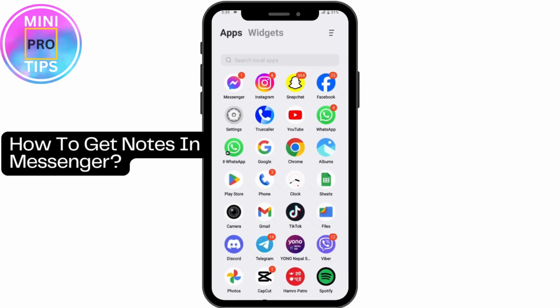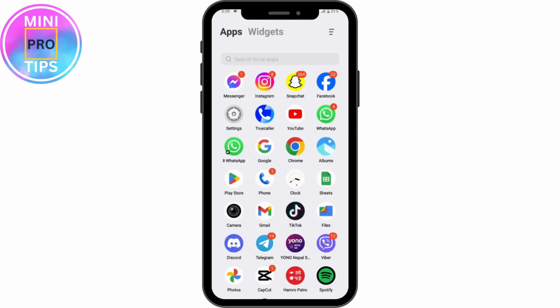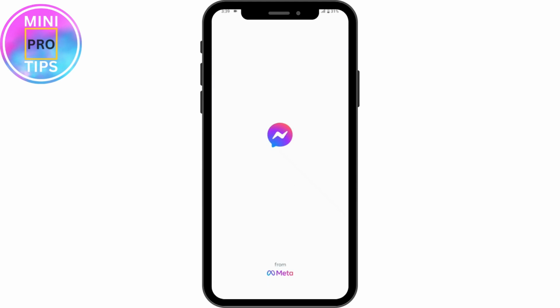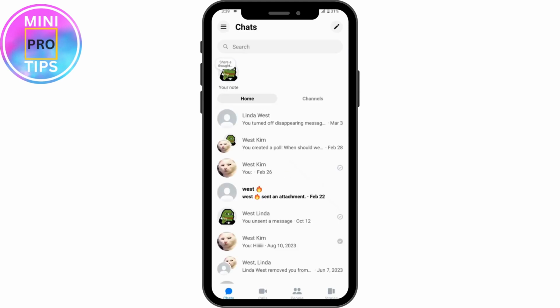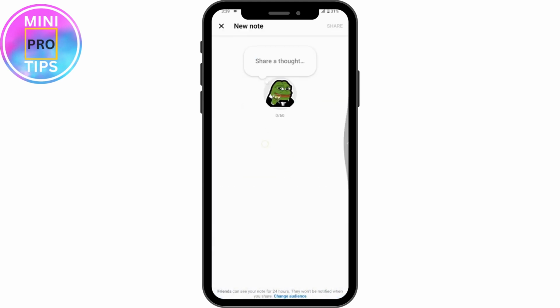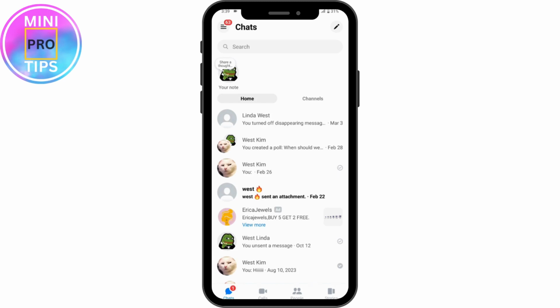How to get notes in Messenger. So if you want to get notes in Messenger, if you open up your Messenger application, here on the upper side you will have your note option, or you will have the other notes that other people have shared. But if you don't have that notes option, and if you want to get that notes, then what you can